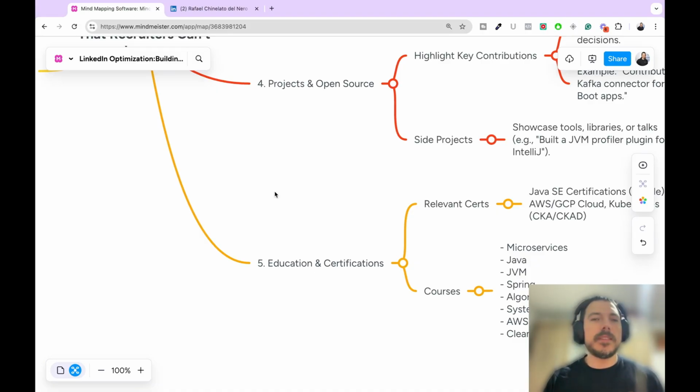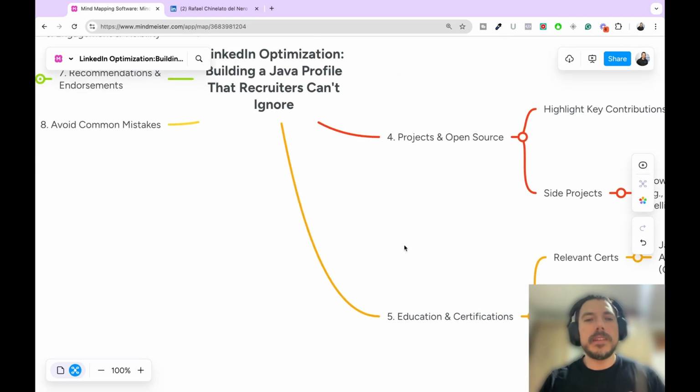Obviously, if you have a system in production, that's the best way to get experience. But you can also put your systems in production, right? You can create pet projects, like an idea, some kind of system that will help you solve a problem. If you have an idea, go for it, solve this problem, and put this system in production, right? Deploy it in AWS, for example, and start using it.